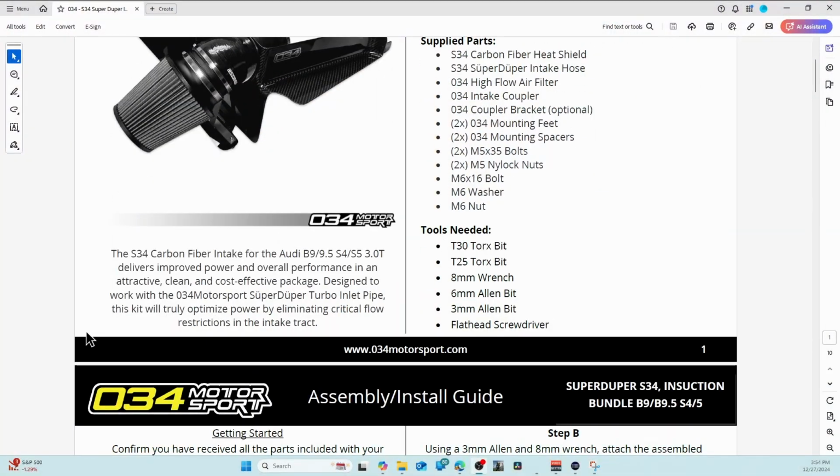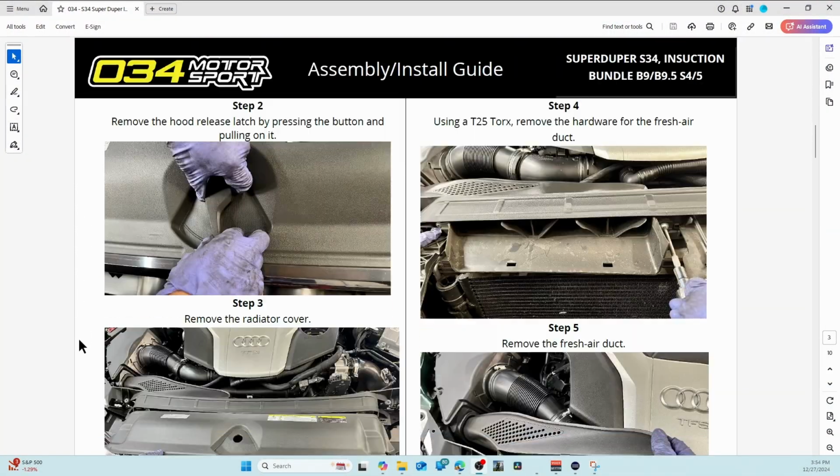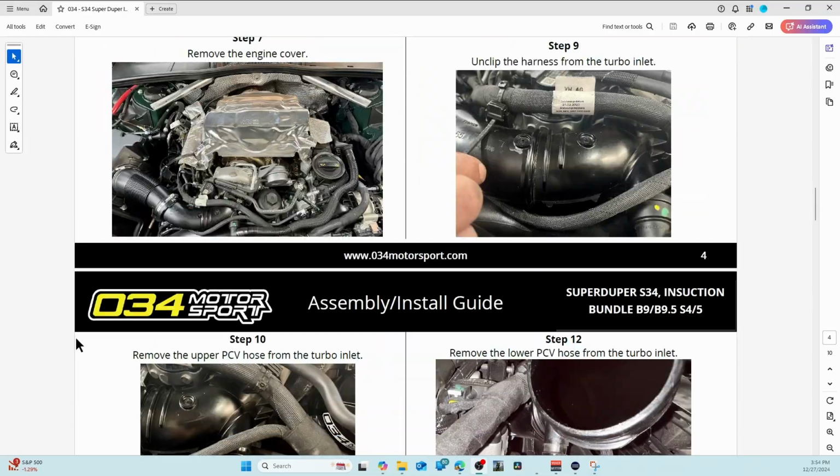So one of my other hobbies, in addition to technology, is cars. And I recently got a new cold air intake for my Audi S5, and I wanted to get instructions for doing the install. Now, the company 034 Motorsports provides very detailed instructions with lots of images, a 10-page PDF to get this done. But I really wanted to print it out, and I'm a little cheap, and I know that